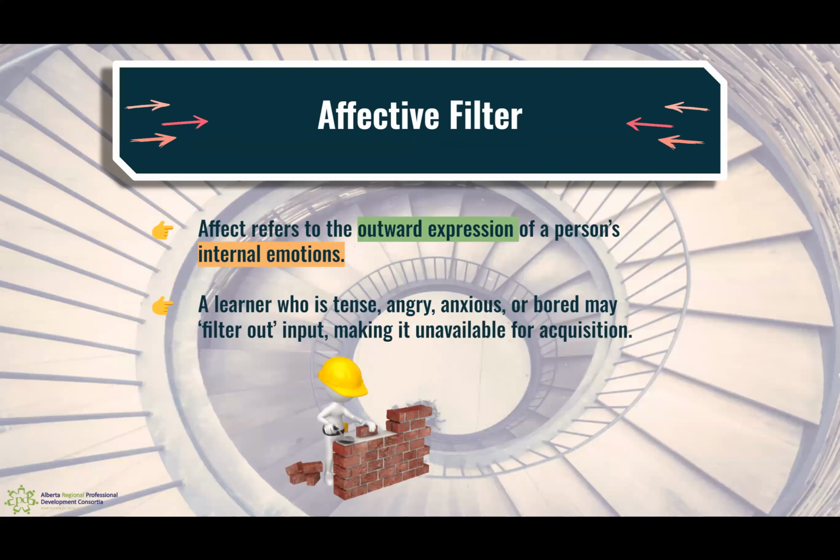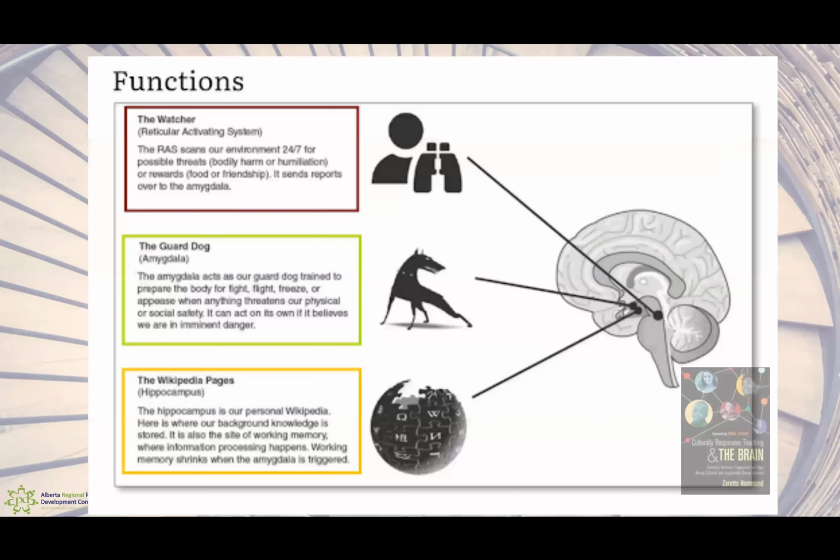He talks about affect as the outward expression of a person's internal emotions. A learner who is tense, angry, anxious, or bored may filter out that input and make it unavailable for acquisition. This ties into Zaretta Hammond's work, where she talks about the limbic